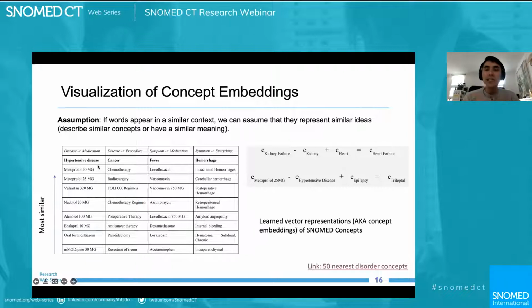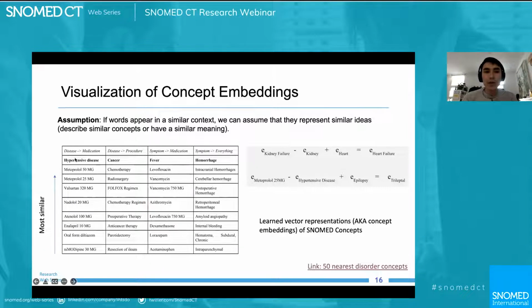And based on the vector representation, you can look at which concepts have a similar meaning. You can do this mathematically because these vector embeddings represent the context in which they are or can be found, and the knowledge of what that concept is.